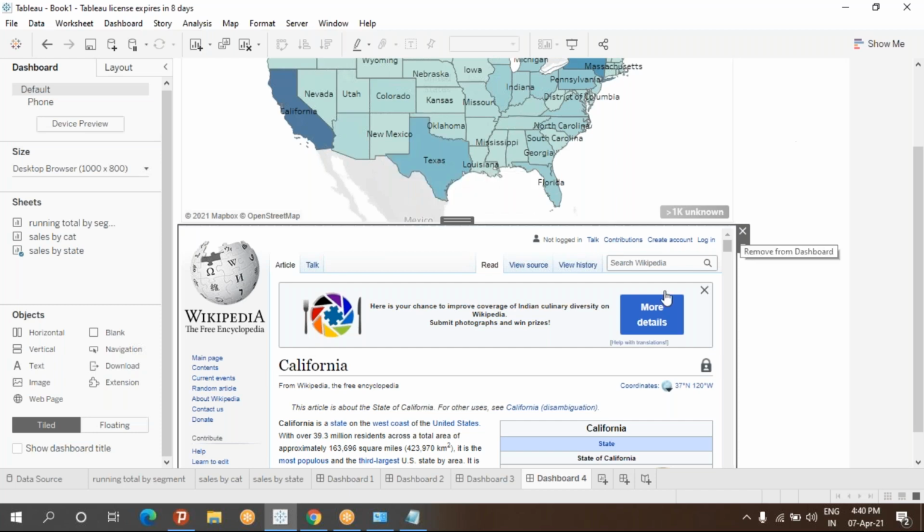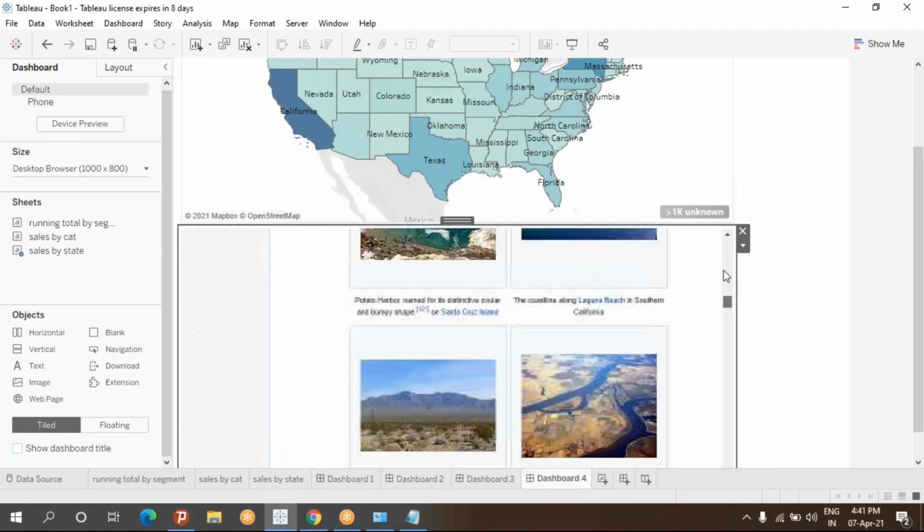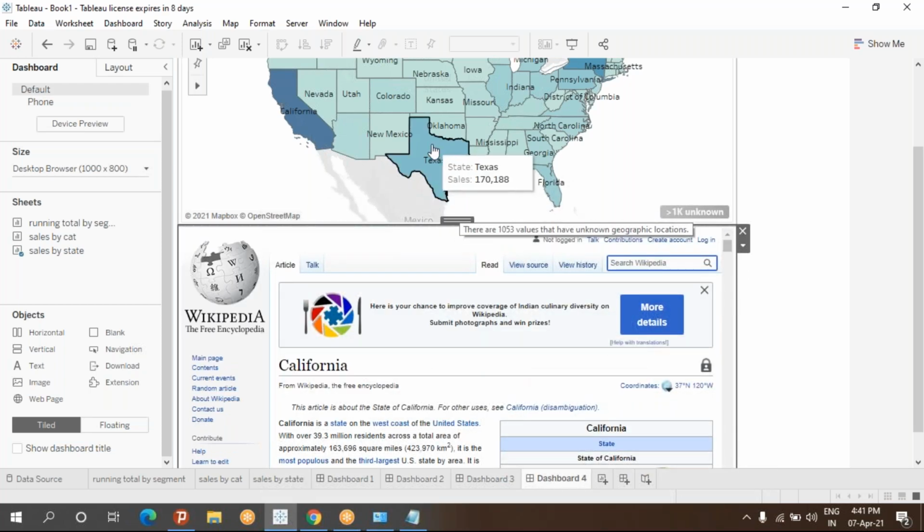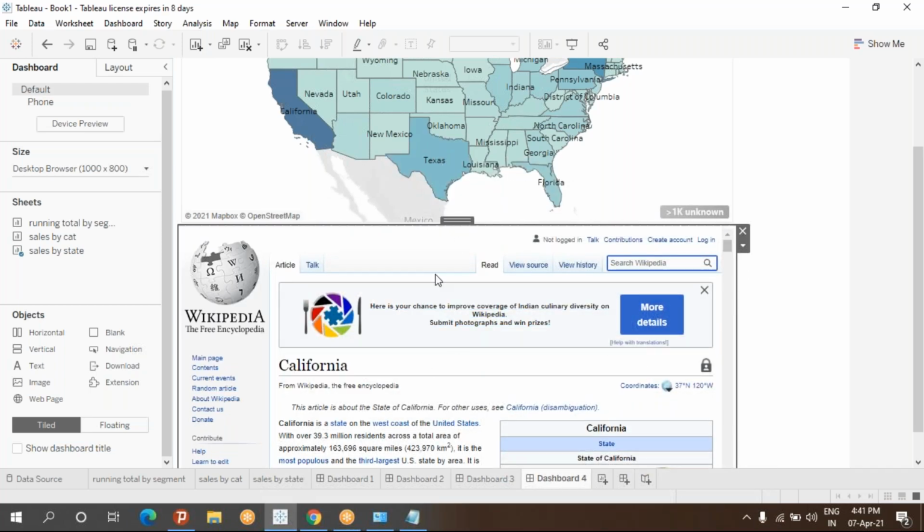So instead of searching each and every time in Wikipedia, I'll just click, by selecting that, it should automatically redirect to the search. So that is what we are going to see here now. We are going to add an action for this one. Like how if I click on Texas, automatically it has to search. We have to add an action.